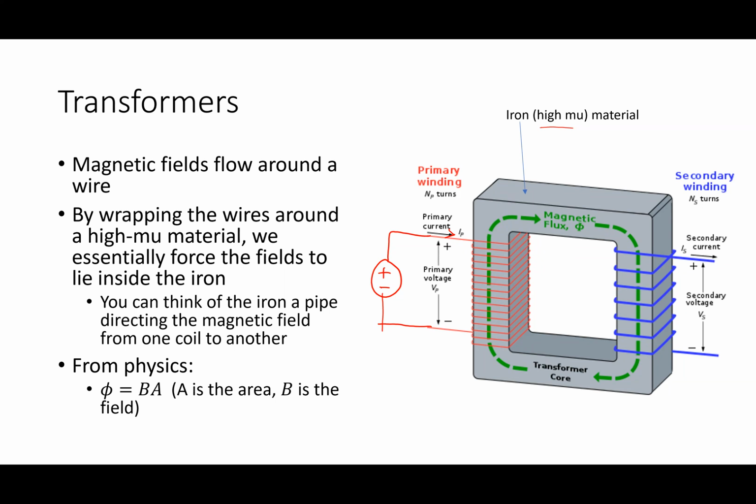I'm thinking L3. Isn't it the flow of electrons? So flux is how much field goes through an area, right? If there's a cross-sectional area A to that core, flux is how much field is going through it. The total amount of field lines. If I counted the field lines going through that, that would be the flux.